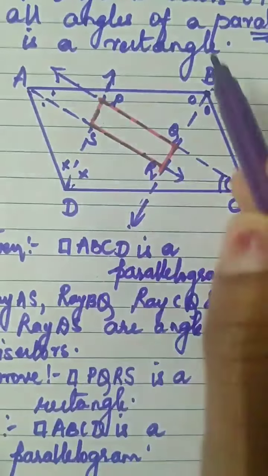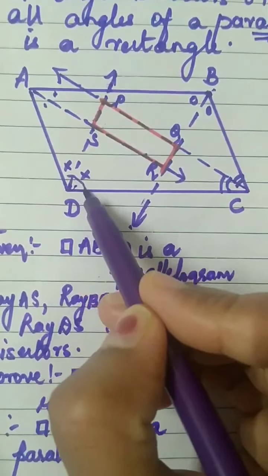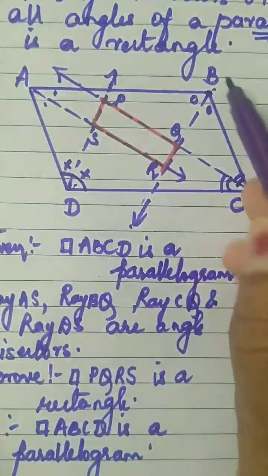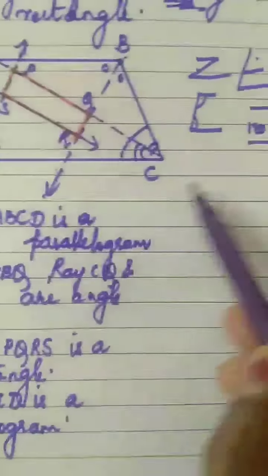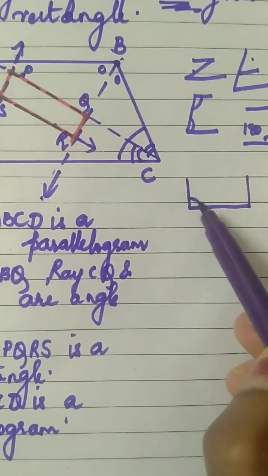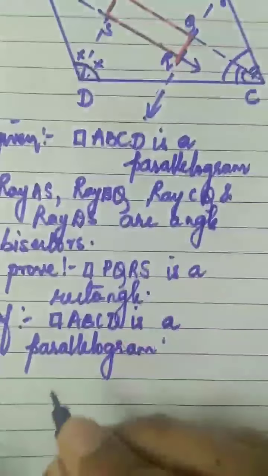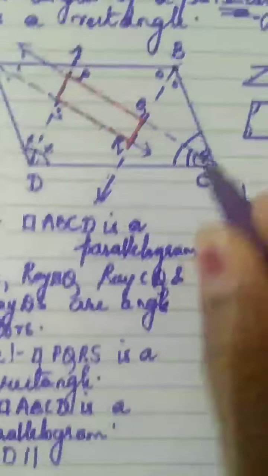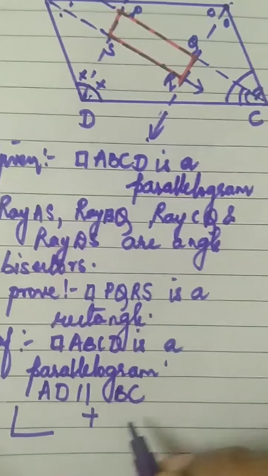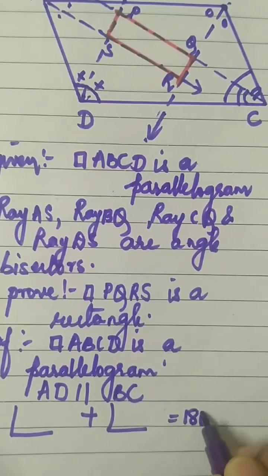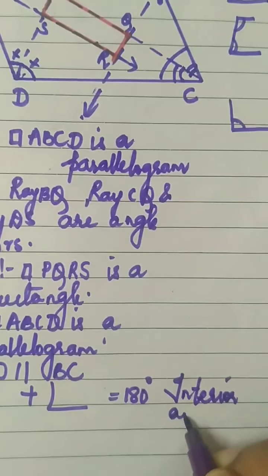Let me take the first pair of interior angles, that is angle ADC, this angle, and angle DCB, this angle. Okay, pay attention. They both are forming C. See, this way they are forming. So this angle and this angle are interior angles. So I'll first write AD parallel to BC. Therefore, angle dash plus angle dash is equal to 180 degrees. Reason: interior angles.